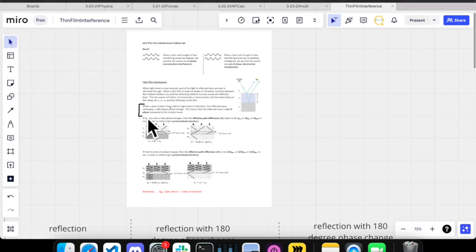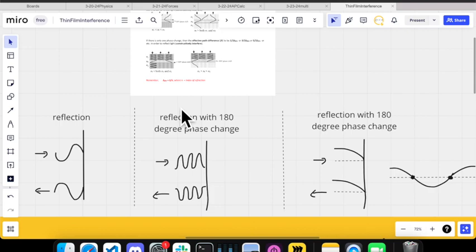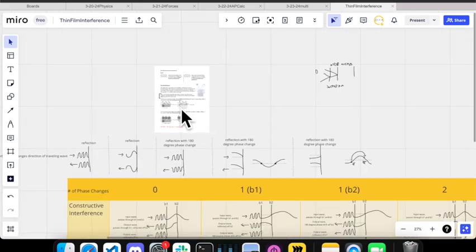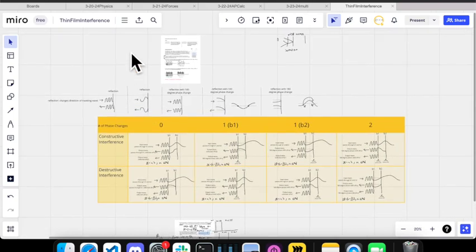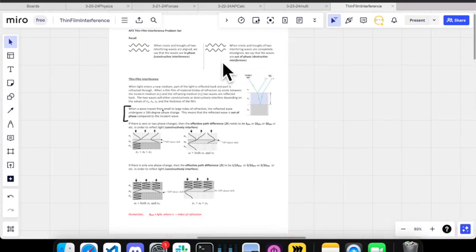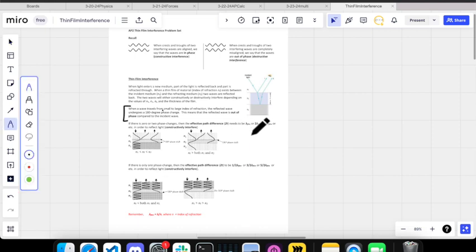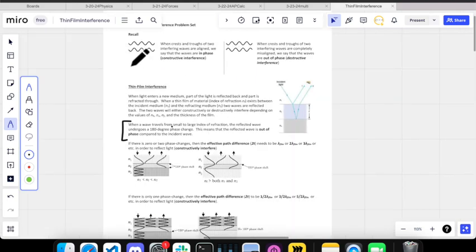Okay, I'm going to go over some of the questions and also explain thin film interference, I think, in a more detailed and understandable way. I think this worksheet missed a lot of details and made some things a bit confusing. So the important thing from this, at least the worksheet they gave you,